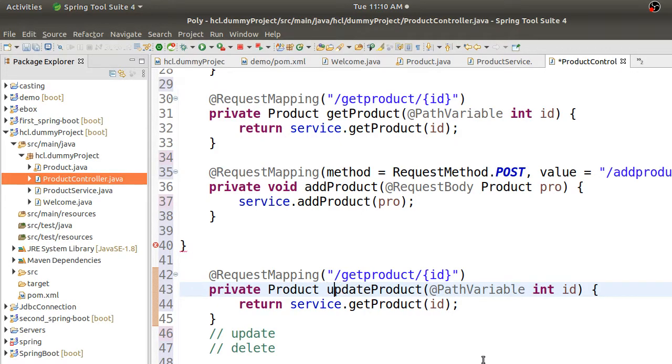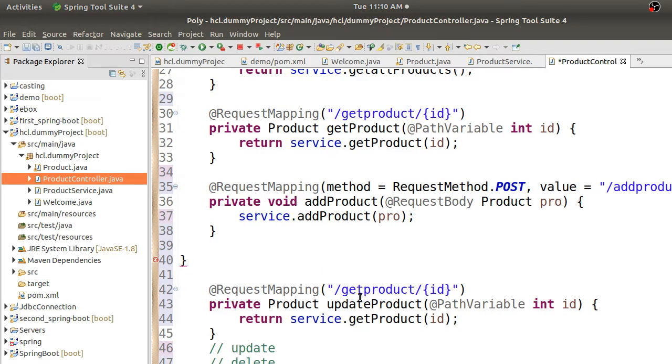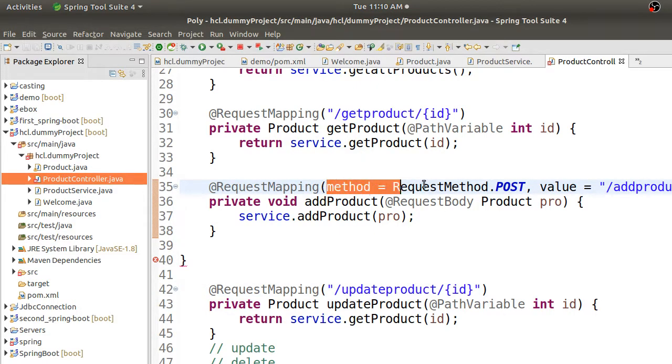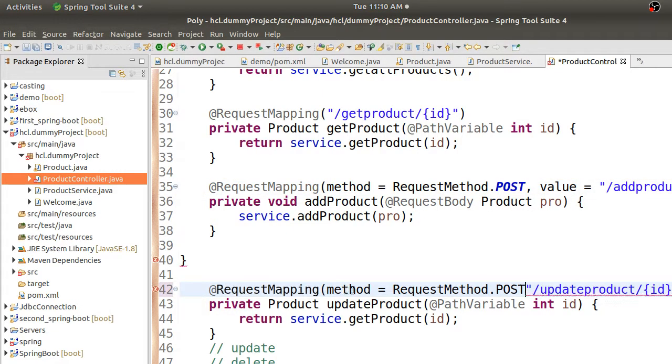So I'll do update product. So what I'm passing here is, instead of get, update. So now what is the request type that you should use here? So is it normal this request type, or should you change the request type? Obviously you need to have a different request, right? So you have to use this along with your normal attribute.